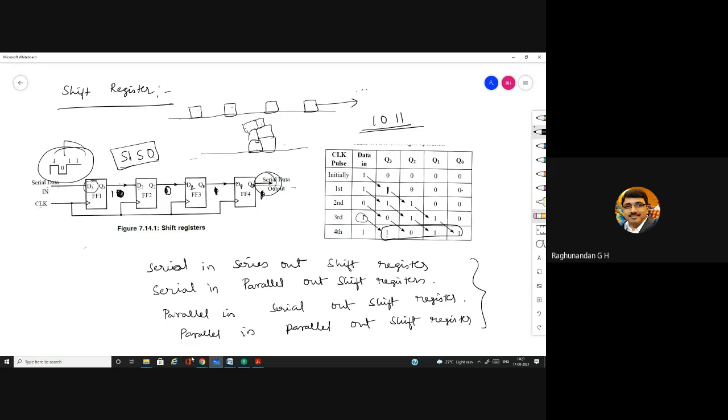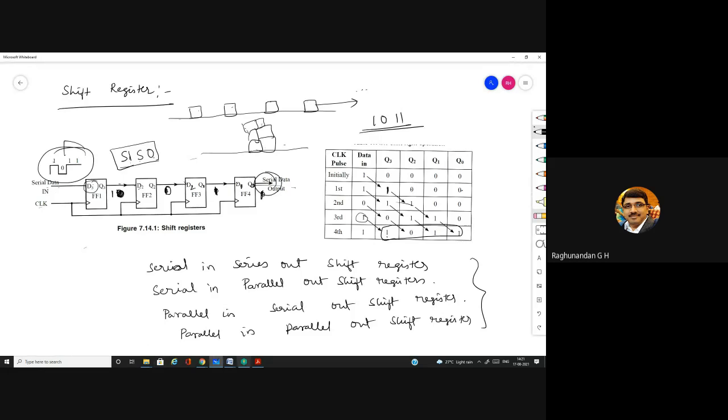So you can observe that whatever data we wanted to pass gets passed through this with each clock pulse. See here, not only is the collision avoided, but also some amount of delay is being given such that the data bits will not collide with each other, and will not get lost. So that's why shift registers are used.